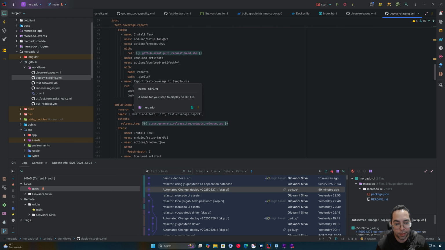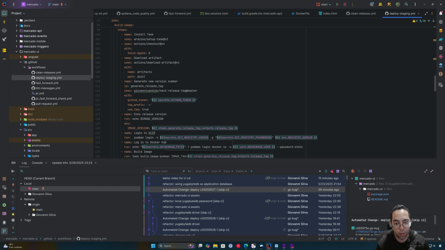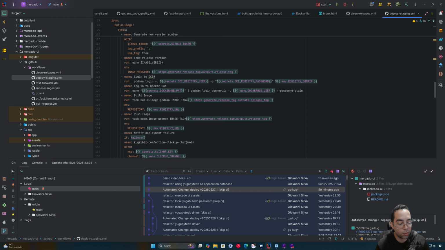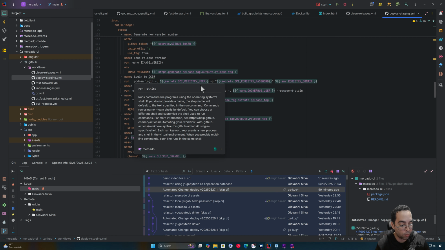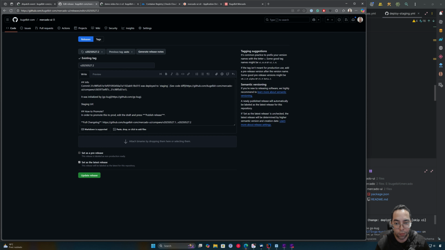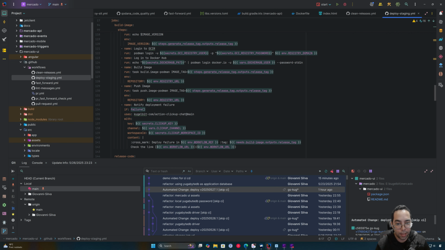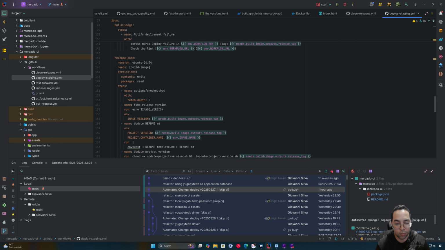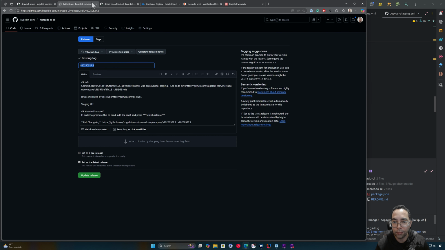It could be the same workflow or not. You don't need to generate the image again. The image is already built. You just need to get the version for the release, the tag for the release. And then you could write into the Helm charts